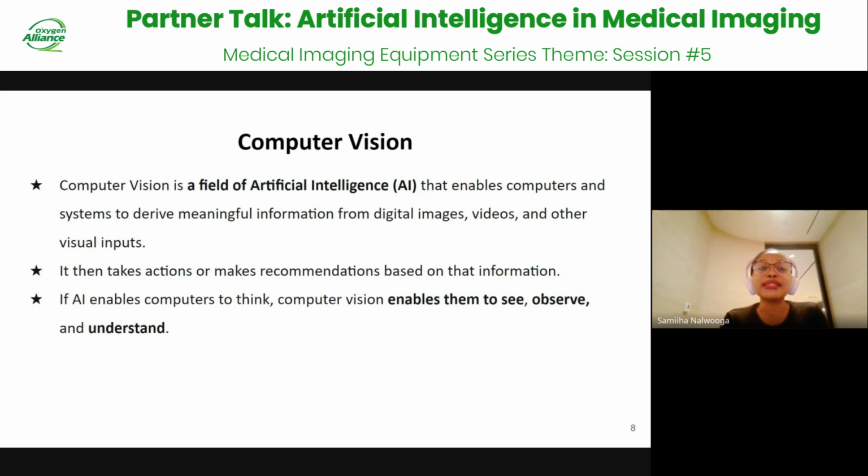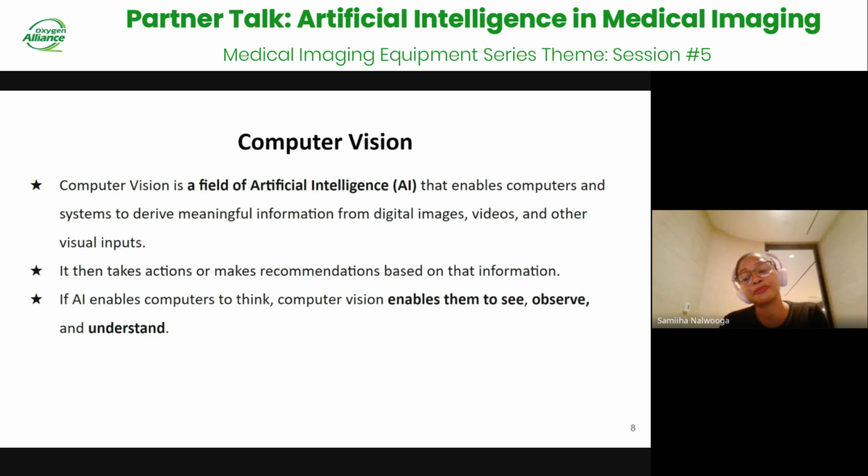It then takes actions and makes recommendations based on that information. You could think of it as: if AI enables computers to think, computer vision enables them to see, observe, and understand visual inputs. It could be in the form of